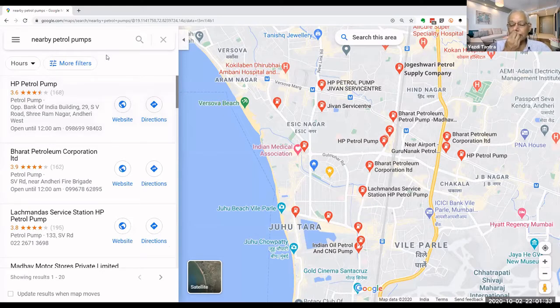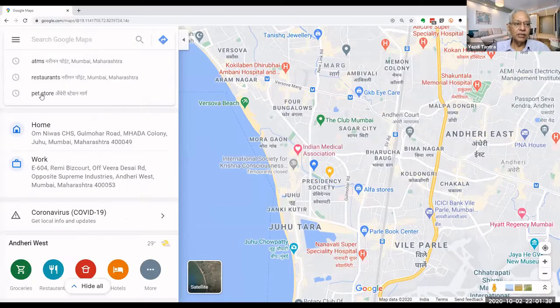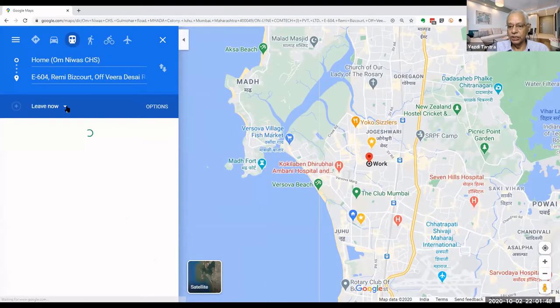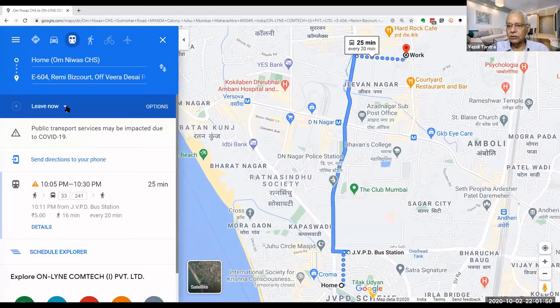Now regarding the traffic, last time we saw that if you say I want to go to work, for example, it says choose the starting point. So from my home to my work, it shows me the entire route.